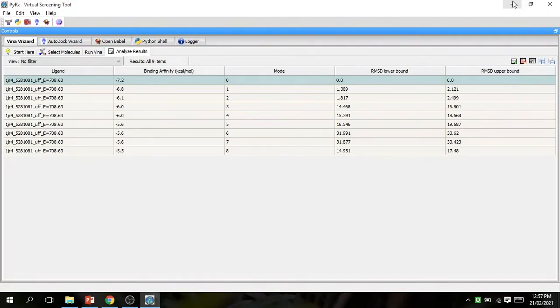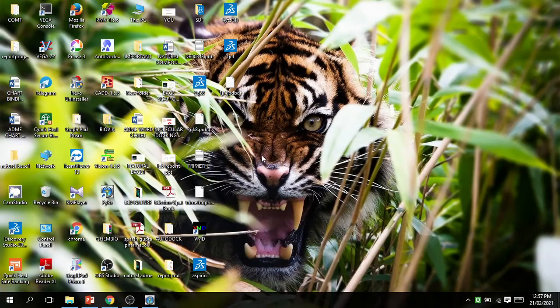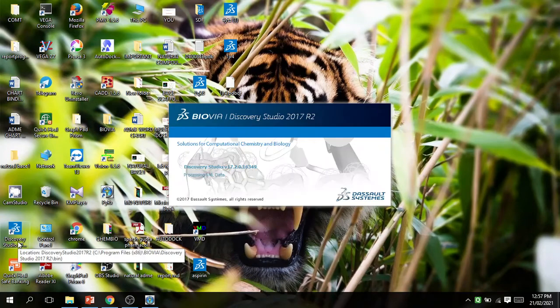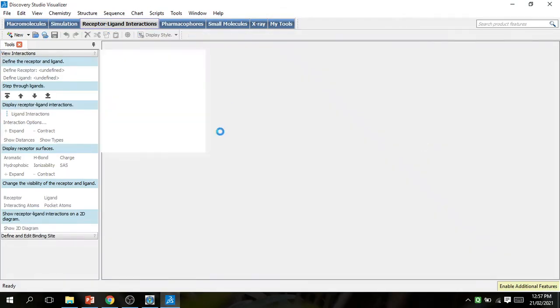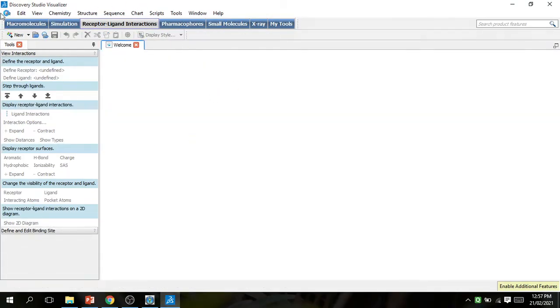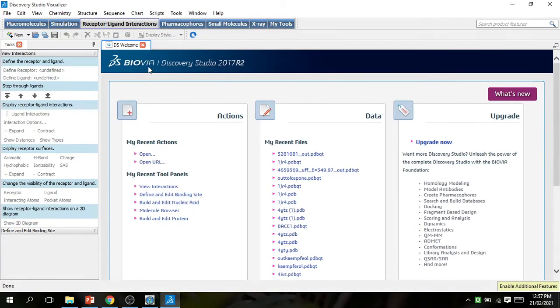Guys, I visualize the protein and ligand interaction using Discovery Studio. Open Discovery Studio. This is the interface of BIOVIA Discovery Studio: File, Edit, View, Chemistry, Structure, Sequence, Chart, Scripts, Tools, Window, and Help.